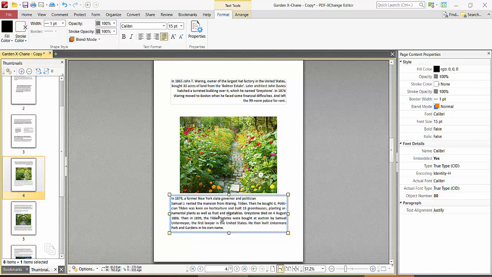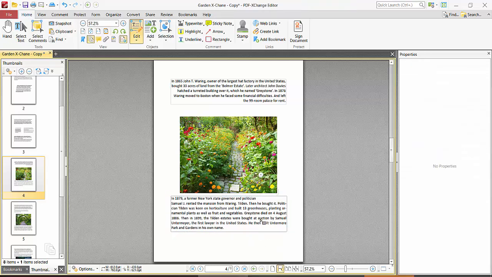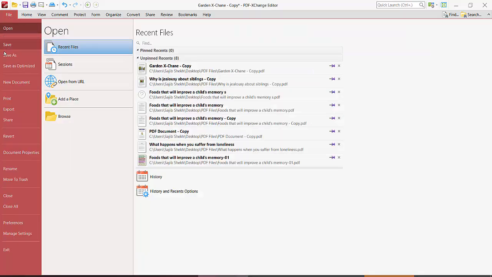In this way you can change the text alignment, and finally select this File option, then Save or Save As a